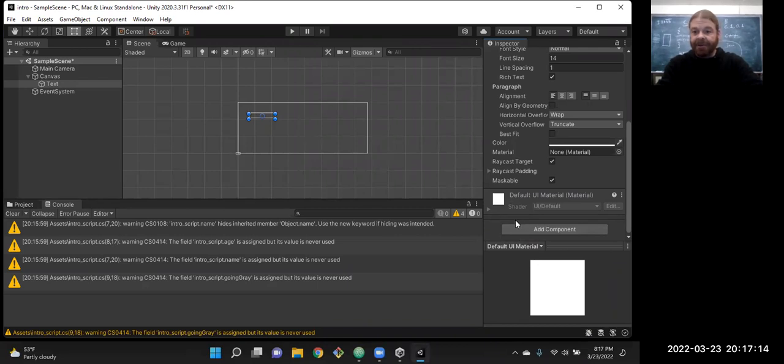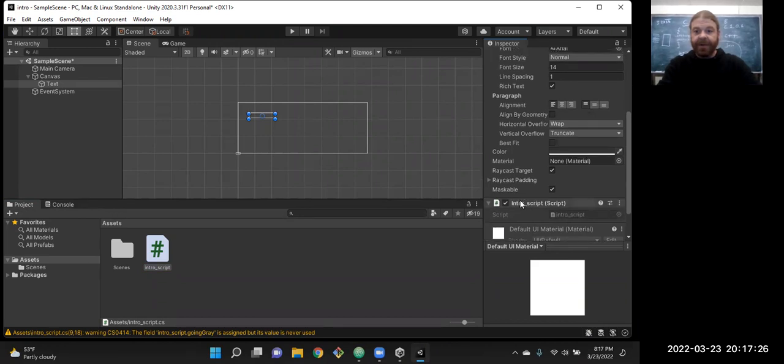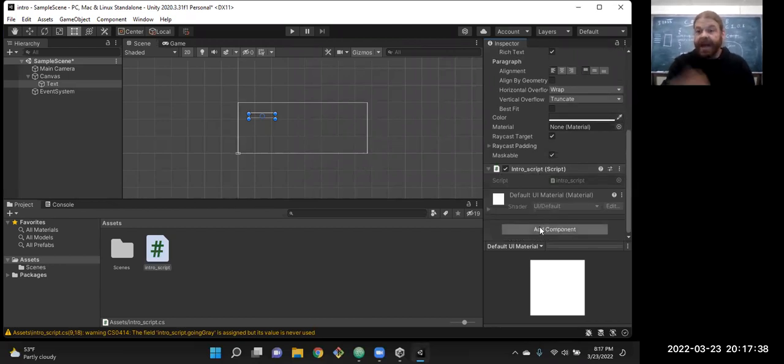We already have our script. So actually, we can just grab our script and drag it right over here. So now notice that we have this component of that script. Does everybody see that on my screen or on your screen if you're following along? All I did was just grab it and drag it over, or we can click add component and search for it. Whichever way you want. There's more than one way to do everything in Unity. I found it easiest to do the drag and drop, and there's a whole lot of that.